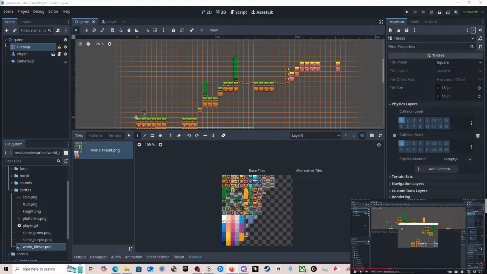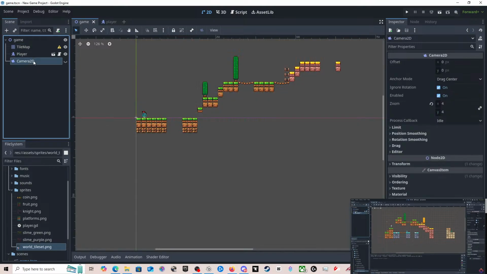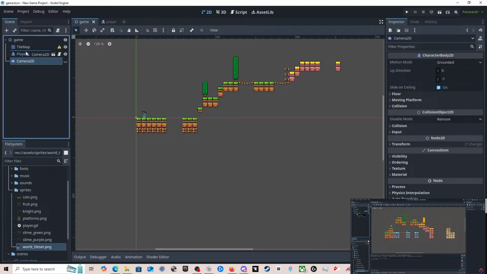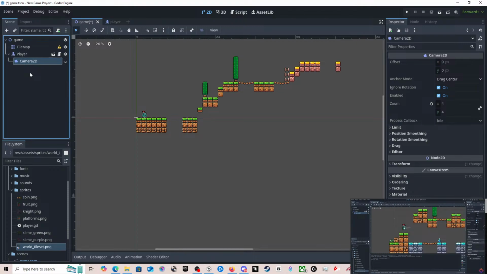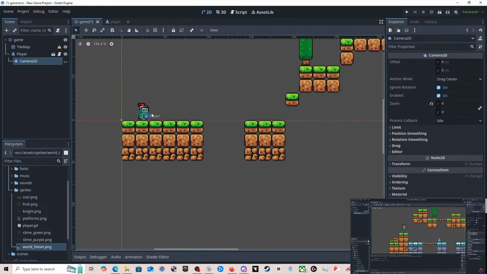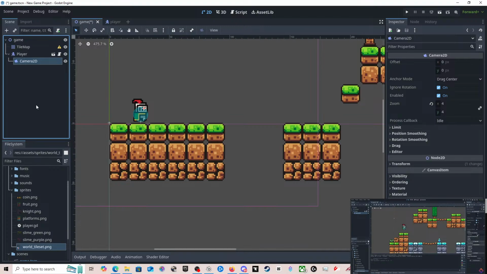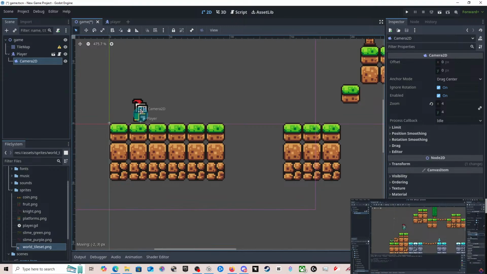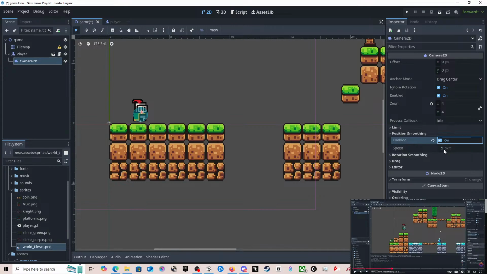But anyway. Our camera needs to follow the player because he's currently just running off the screen. So I'm going to make some room here. I'm going to take the camera 2D and simply drag it under the player. Making it a child of the player means that it will just automatically follow the player node. I'm also going to make sure that the camera is still positioned right on top of the player, and we can even turn on position smoothing to really smooth out our camera follow. So I'm going to enable position smoothing on the camera with a default speed of 5 pixels. And now when we play, as you can see, our camera smoothly follows our player.